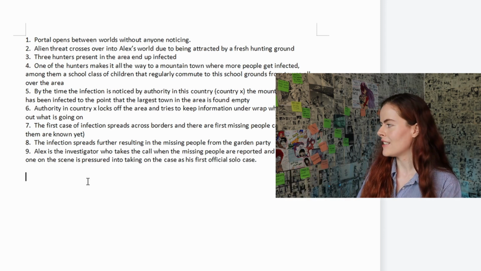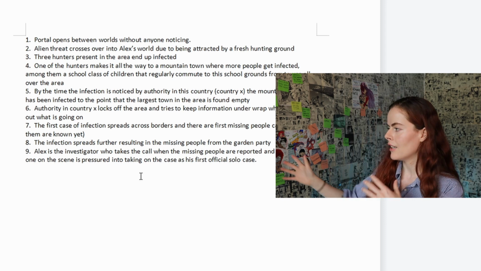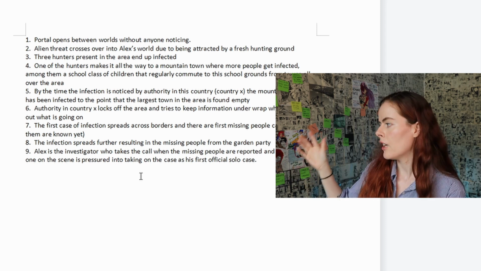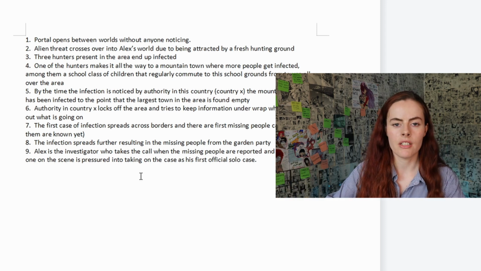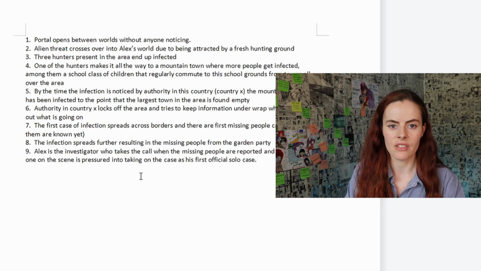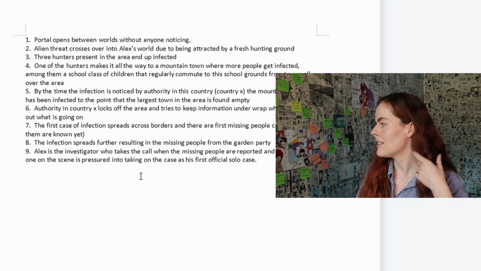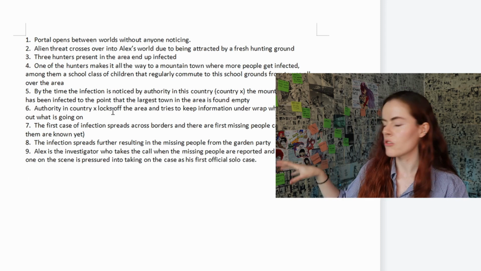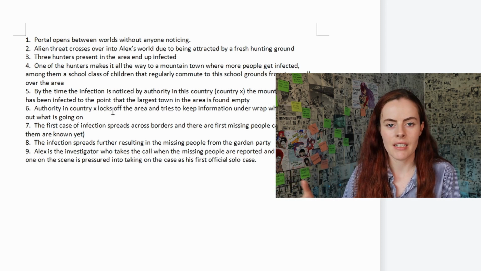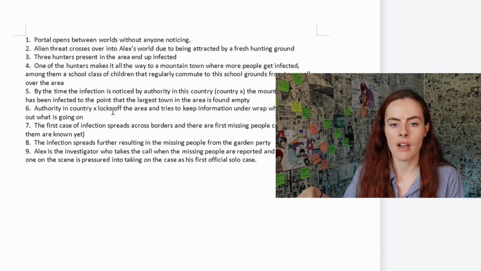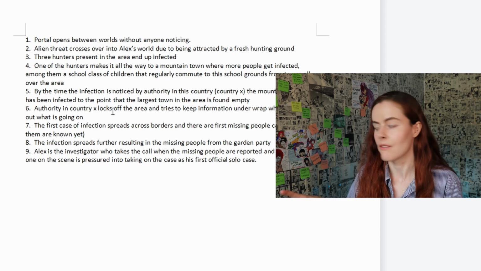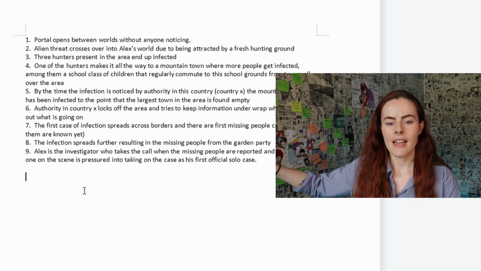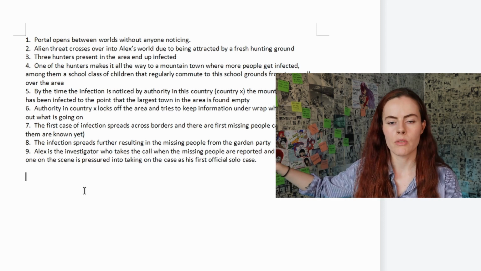So this part was fairly easy in terms of figuring out how exactly this infection started. What happens is really just the portal opens without anyone noticing, and the first people get infected, and from there it spreads out in the same form as a virus and the zombie apocalypse stuff usually does. In this story, it starts in a neighboring country, and the neighboring country, trying to figure out what is going on, has kept that information to themselves so far. That's why Alex's country doesn't know yet that there is something similar going on in the neighboring country. And so then I get all the way to the opening scene, which we talked about,